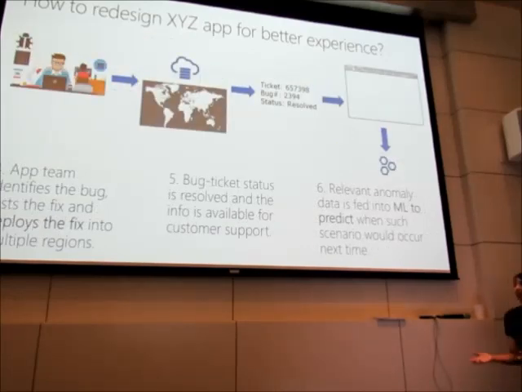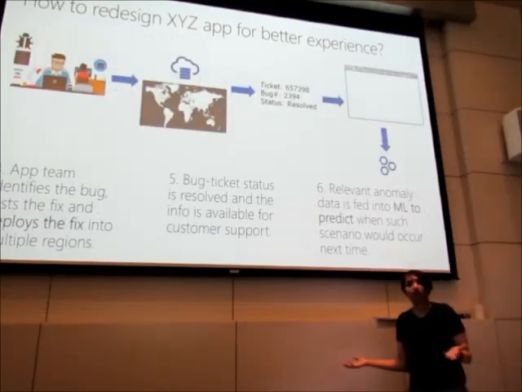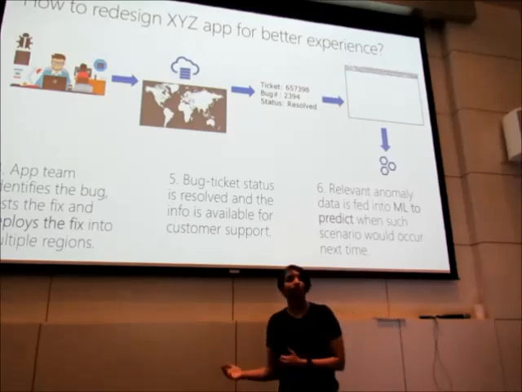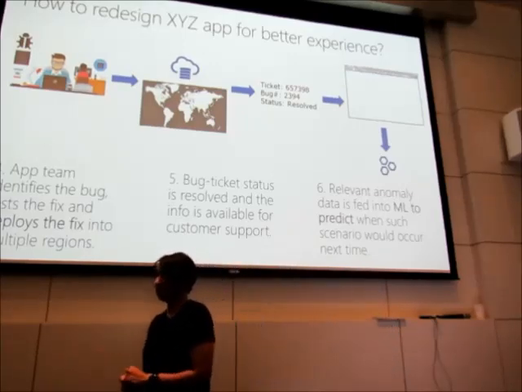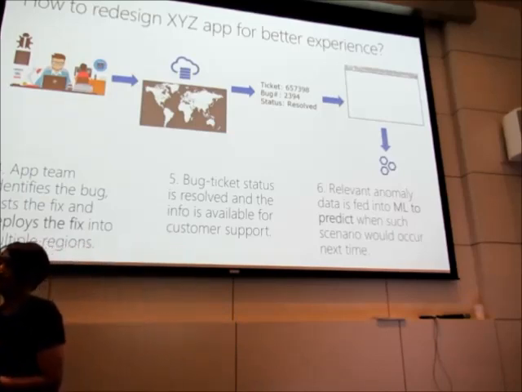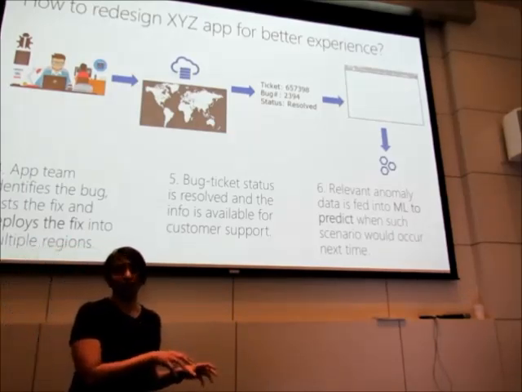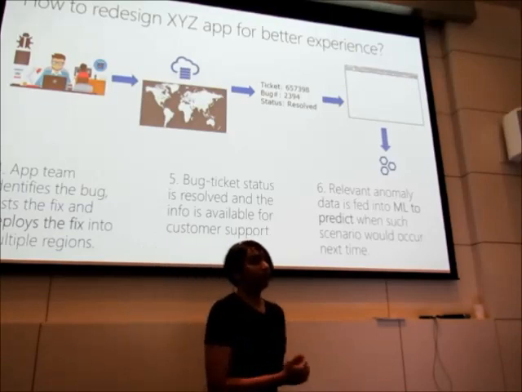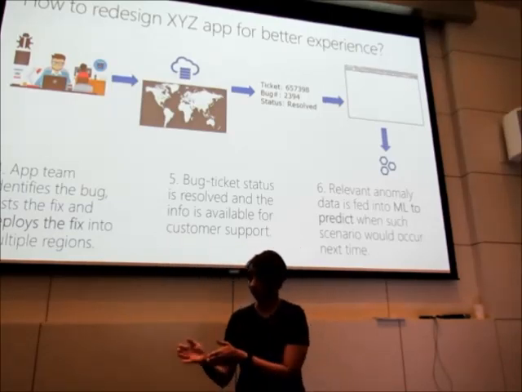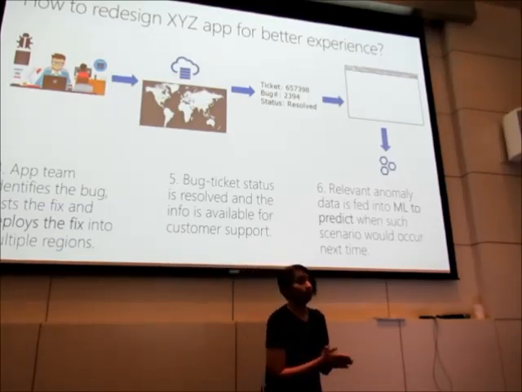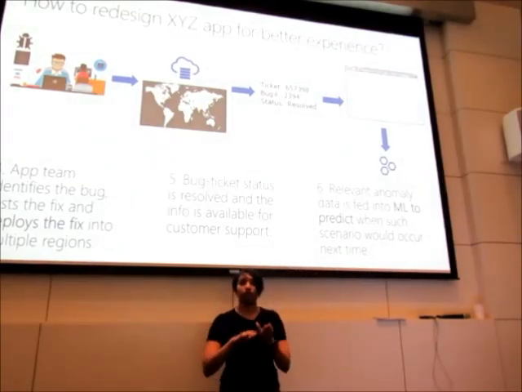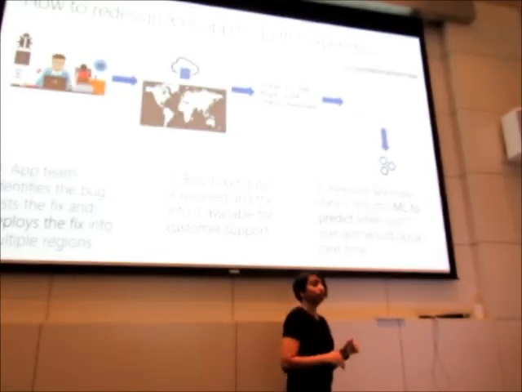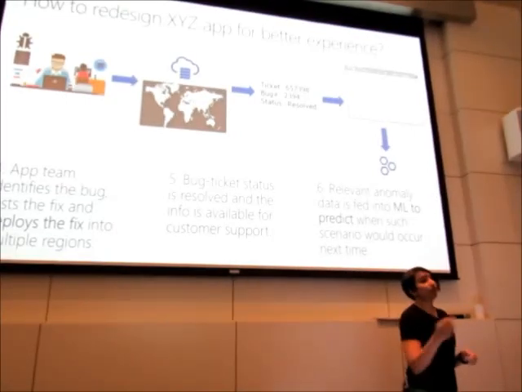Then once that's done, the application team can identify the bug. They say, hey, no, this is just a pure traffic problem, I just need to auto-scale the application. Or after that, you would modify how you auto-scale the application. You can auto-scale the application on particular days, on particular schedules, or say, hey, the number of users increases at this time, then auto-scale the application. So there are multiple ways to define auto-scale, and you redefine it. That's one way to do it.